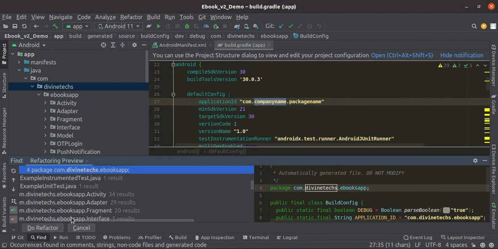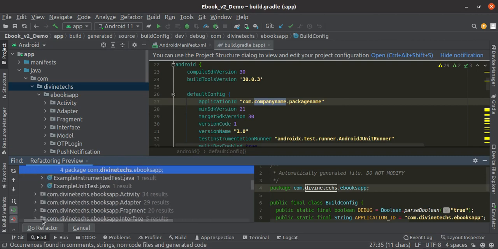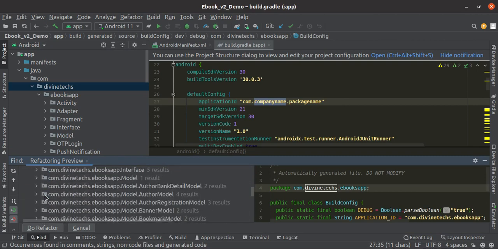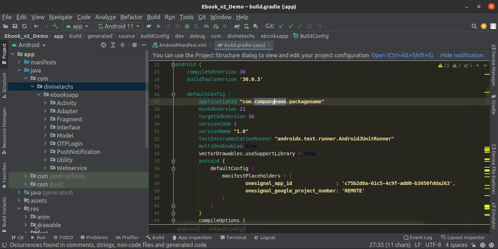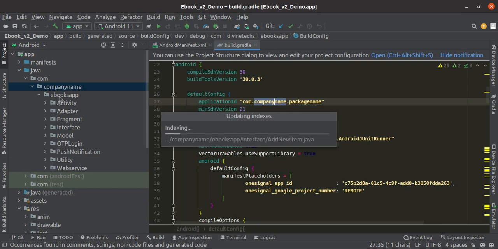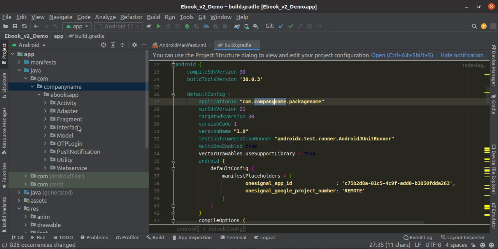Android Studio asks for confirmation that you really want to change this, so just refactor it. So Divantex will be replaced by the company name. All files in this package, or in our code, will be changed from Divantex to the company name.